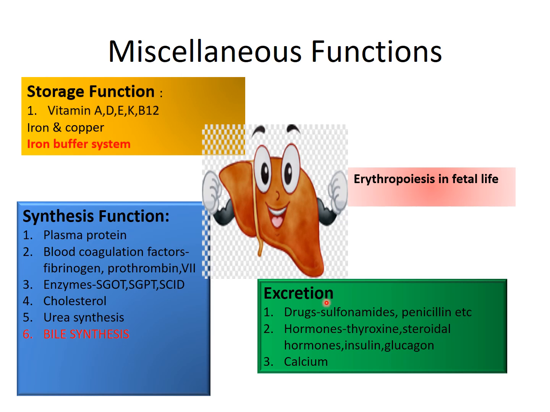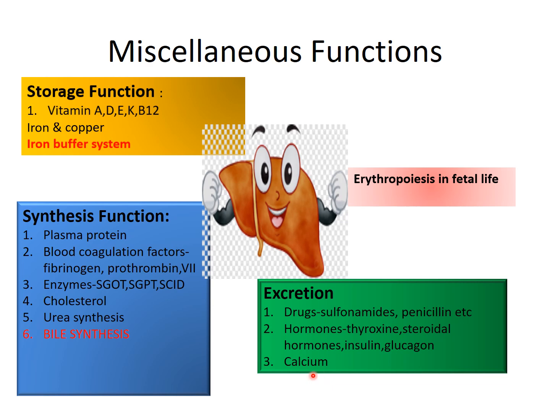Excretion, as we have mentioned earlier: the liver removes or excretes drugs, hormones, and other substances. Among drugs, sulfonamides and penicillin are excreted into the bile by the liver. Certain hormones, thyroxine and steroid hormones, are degraded and conjugated in the liver itself. Some of them are conjugated in the liver and some are excreted, to prevent any accumulation of the hormone and for the metabolic activity and inactivity of the hormone.